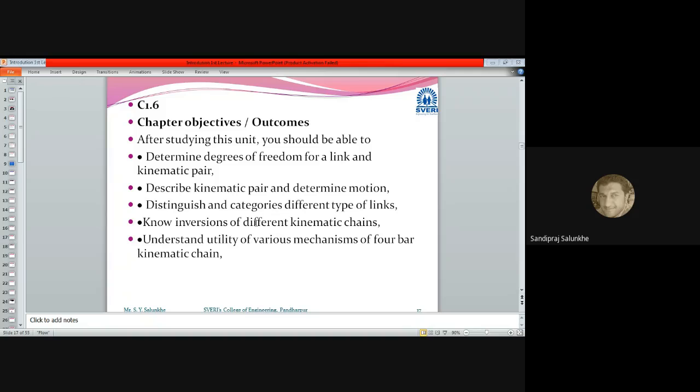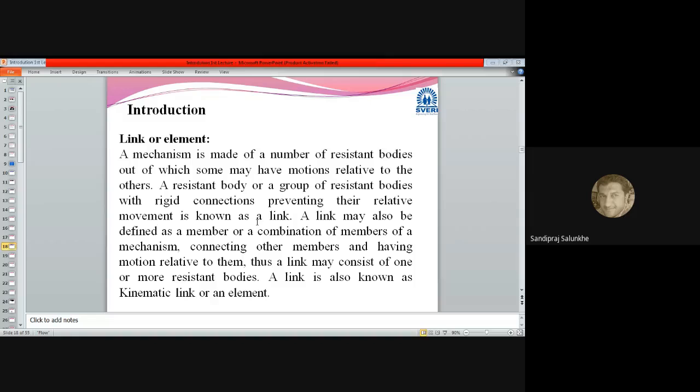And yesterday, as I have explained, it becomes very complicated when you study the forces and motion together. That's why we have made two parts. One can separately study only motion. It is called kinematic. And when we consider force and motion, it is called kinetic. So kinematic and kinetic are the two parts.